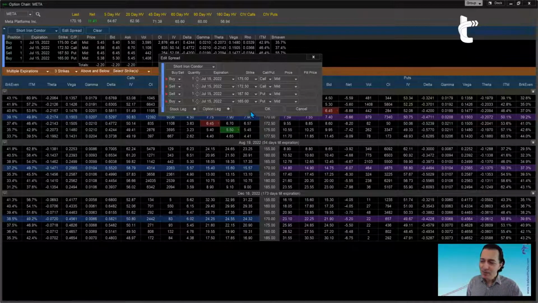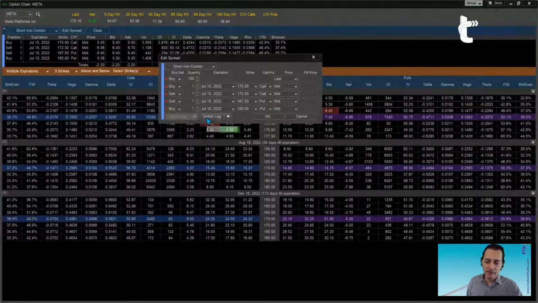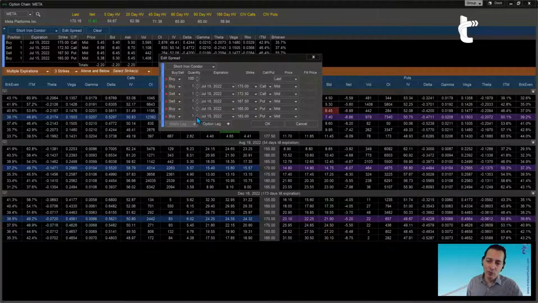Thank you. Okay, so now the stock leg. When I click stock leg, notice that this is something you can do only one time. The moment I click it, it went gray out. The stock leg gives you the opportunity to either select buy or sell, which is buy long or sell short, and then the quantity of shares. By default, it's going to come with 100, just like by default when you add an options leg, it comes with 1. But of course, you can change it. Maybe you are buying 75 shares, or maybe you are shorting 75 shares.